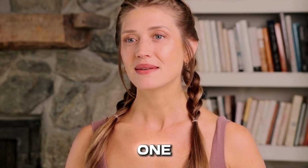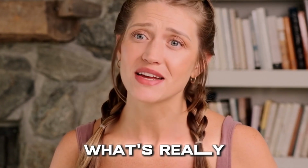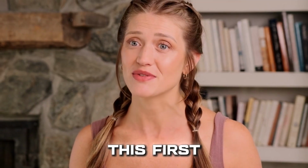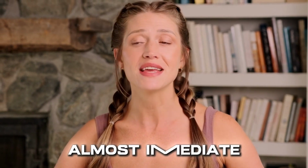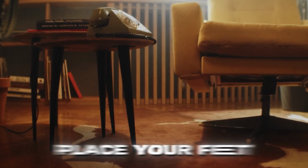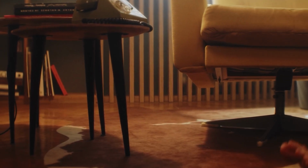Exercise 1. The immediate relief position. Now that you understand what's really happening, let's address it with targeted solutions. This first technique can provide almost immediate relief and is safe to use multiple times throughout the day. Start by lying on a comfortable surface with a pillow supporting your head. Place your feet on a chair, couch edge, or sturdy stool, adjusting the height until your knees are positioned above